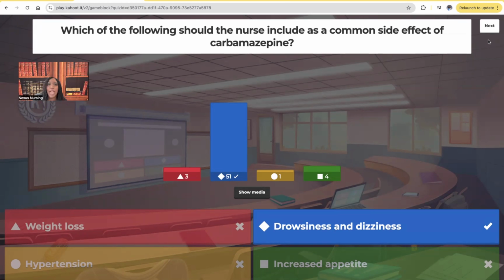Guys, if I'm asking you, or anyone is asking you, about a common side effect of a drug, remember, when it comes to nursing, you're always thinking about safety. So even if there are many common side effects, you care about the side effect that can cause harm to your patient. You're all about safety. So if you didn't know the answer, you should have been between drowsiness and dizziness and hypertension. Why? Because both of those are safety issues. Hypertension, your patient can have a stroke, right? By the way, hypertension would have been an adverse effect, not really a side effect, but I digress.